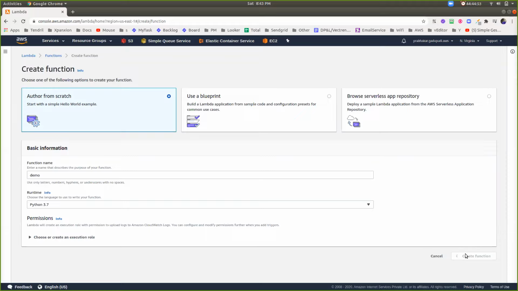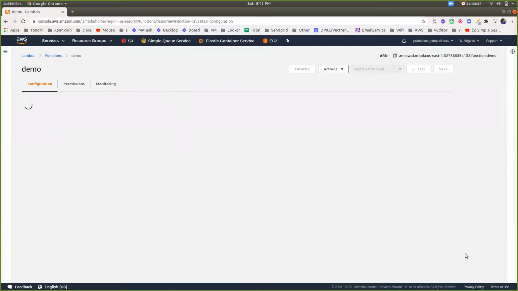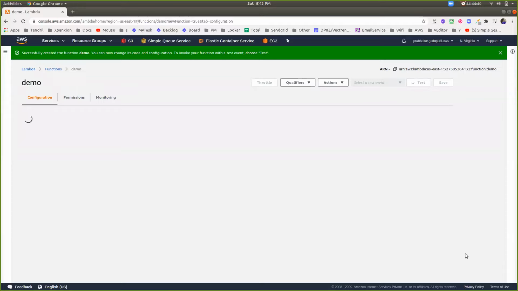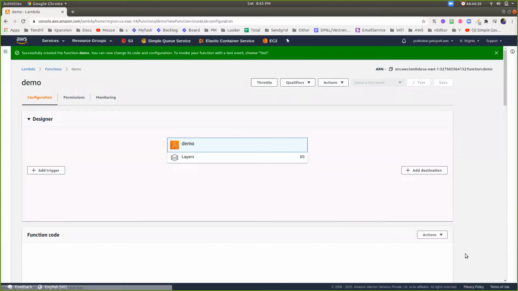If I want to use any third-party library inside a Lambda function, it will throw an exception. AWS comes with a set of predefined libraries for use inside a Lambda function. If you want to add any custom libraries, by default it will not support them.